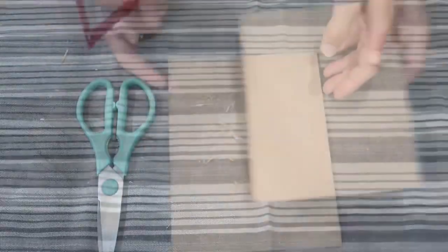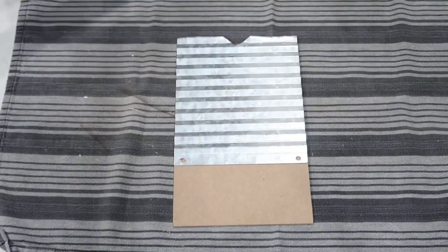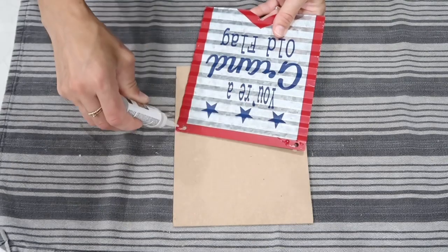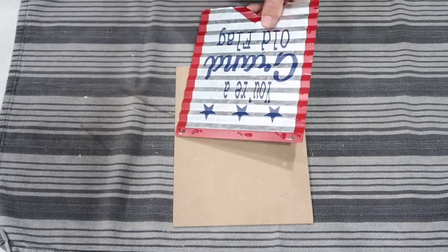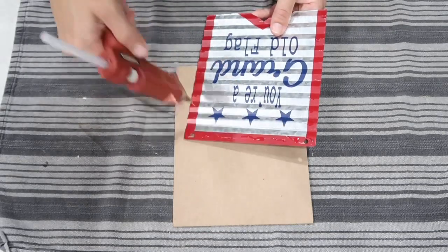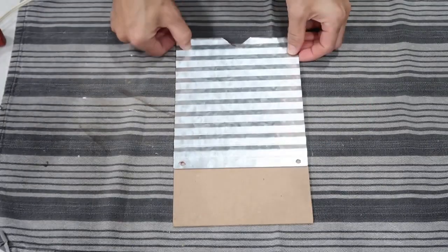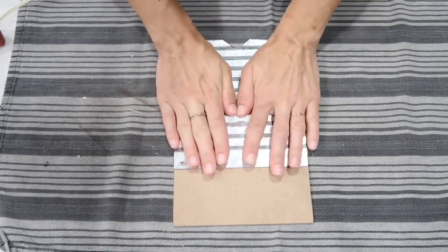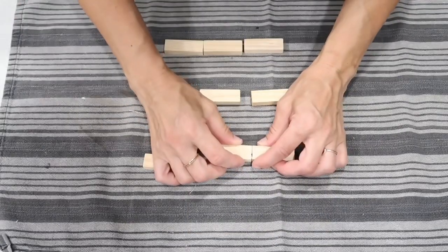Next, I am taking my galvanized sign and I'm going to be gluing it on my board. Now I'm going to be taking this 3M all-purpose glue, and I'm going to mix it with my hot glue. I knew I had to work really fast when it comes to hot glue because it dries really fast when it comes to metal. And I pressed it really hard and put it under my marble serving tray, and while that was drying, I